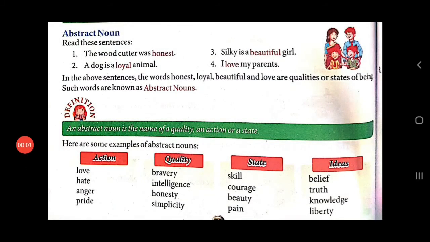Now here you can see other examples also children. Under the heading action, all these actions, love, hate, anger, pride, all these are abstract nouns. Then when we talk about the quality, for example, bravery, intelligence, honesty, simplicity, all these are different qualities, so they come under abstract noun. Then if we talk about the state, for example, skill, courage, beauty, pain, all these again